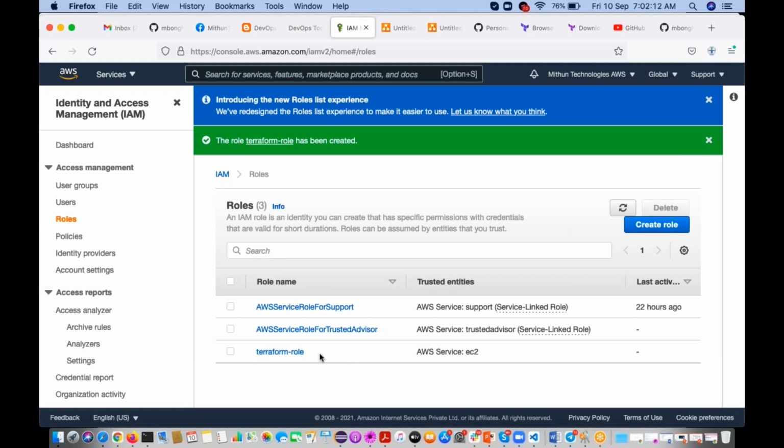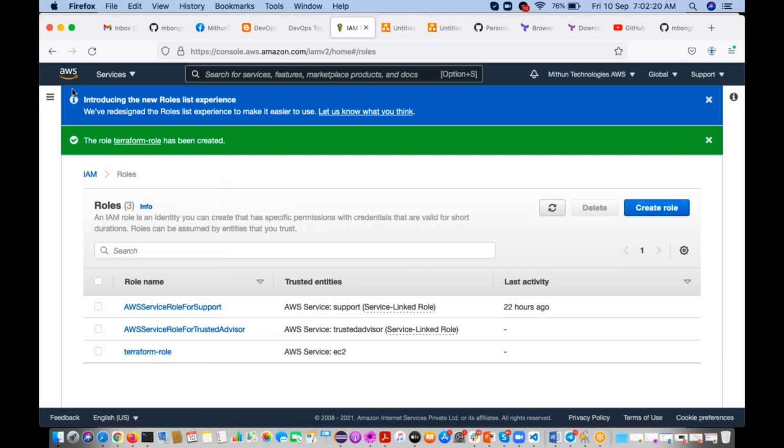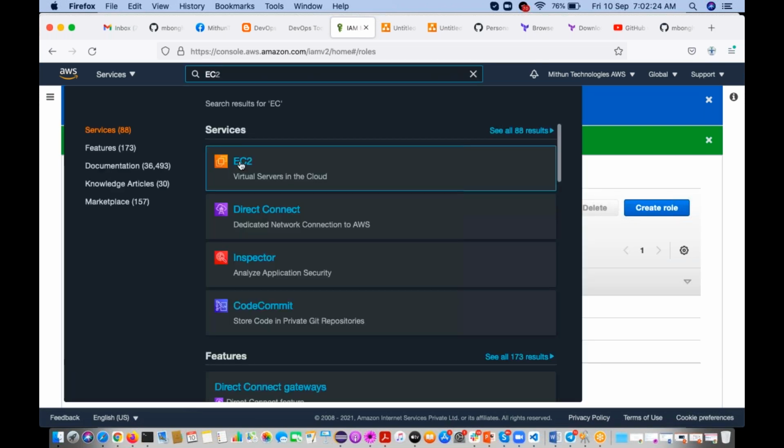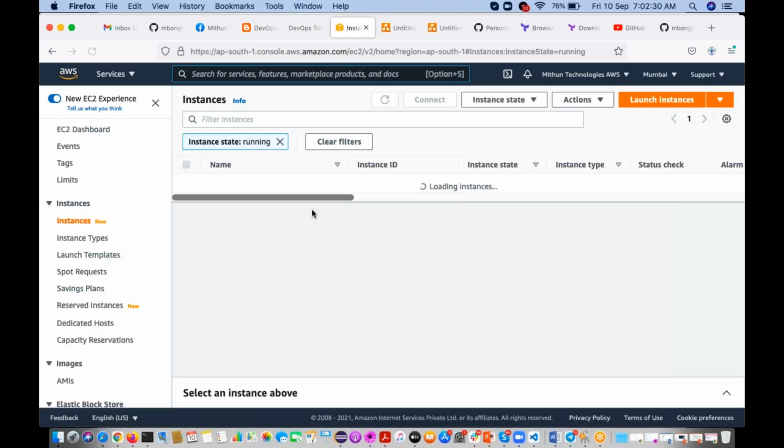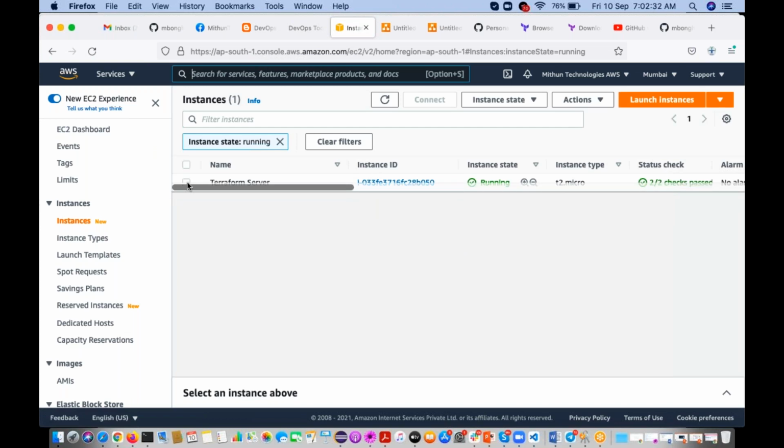Now this role you have to attach to your EC2 instance. How to attach? Very simple. Go to the EC2 instance service, where your Terraform scripts are running, and select that server.